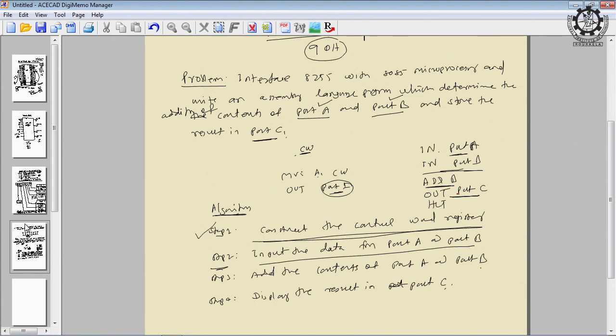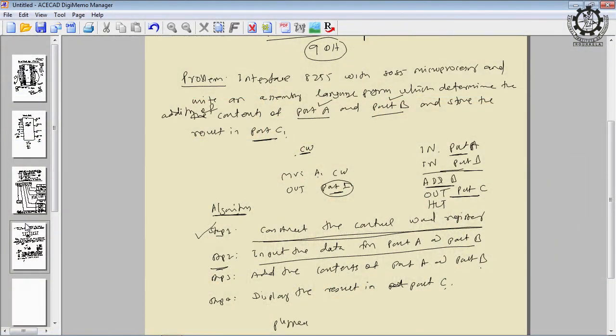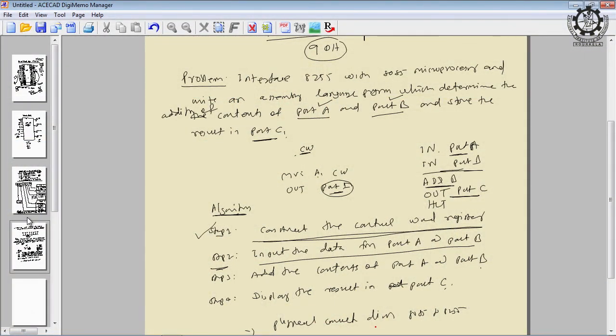So, the number of instructions is very small as far as the interfacing is concerned. What are we supposed to do in an interfacing? You have to show the physical connection diagram, how 8085 is connected to 8255 in the context of this problem. That is, the connection diagram is over. Wherever a decoder is necessary, use the decoder. Wherever multiplexers and buffers are necessary, use the appropriate buffers. In addition to that, you have to show all kinds of signals: address signals, data signals and control signals.